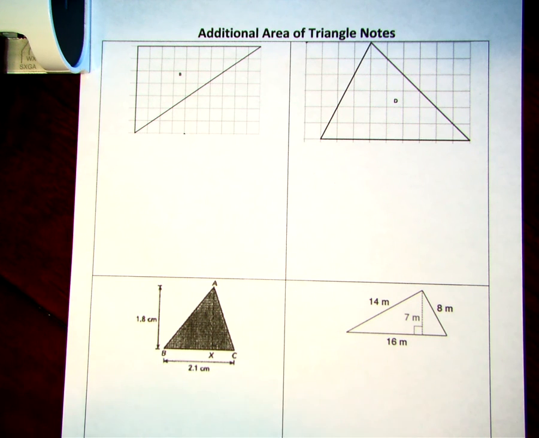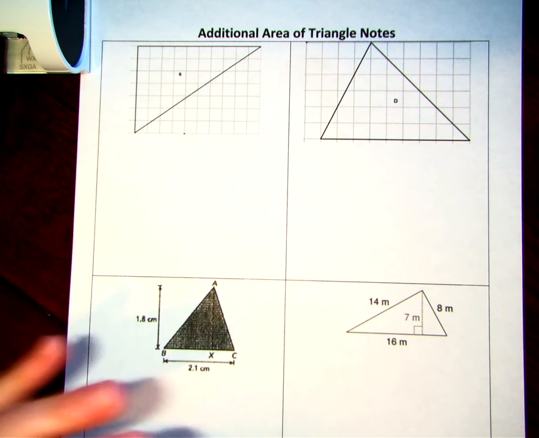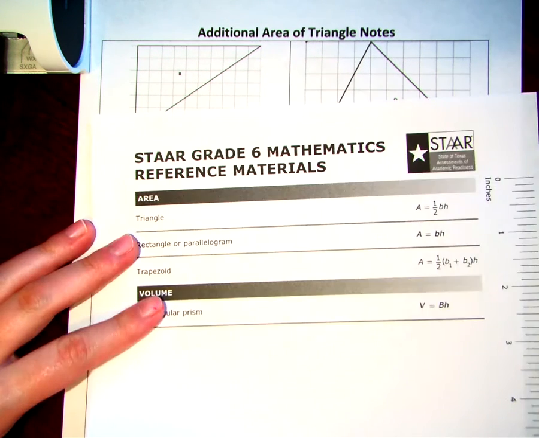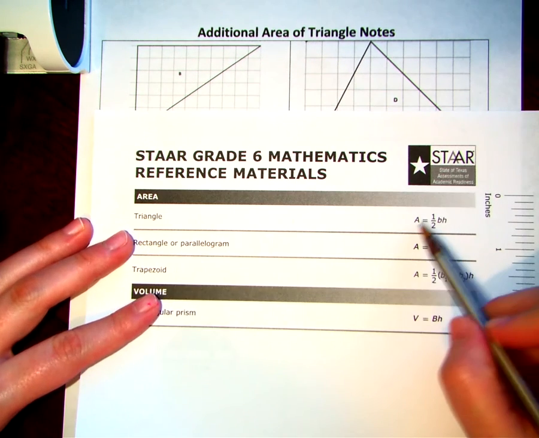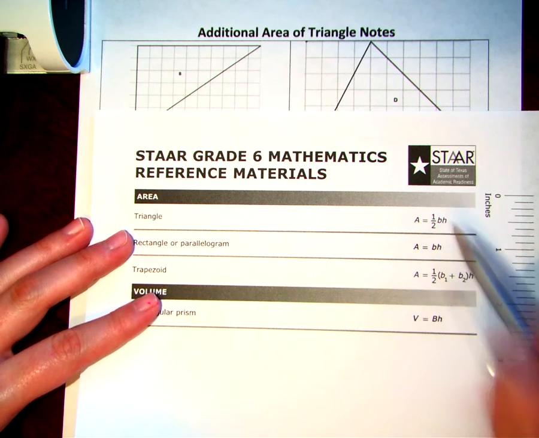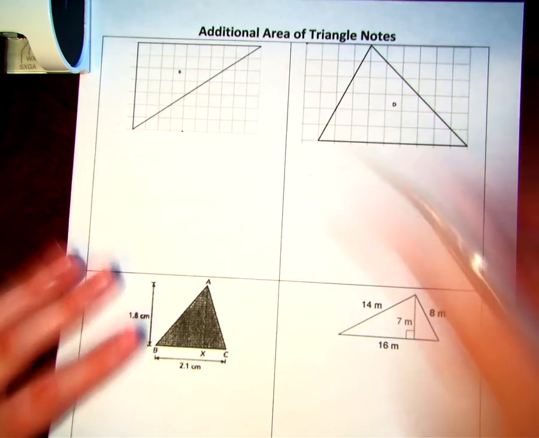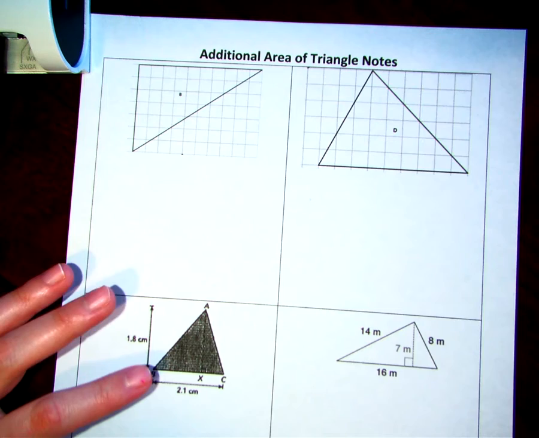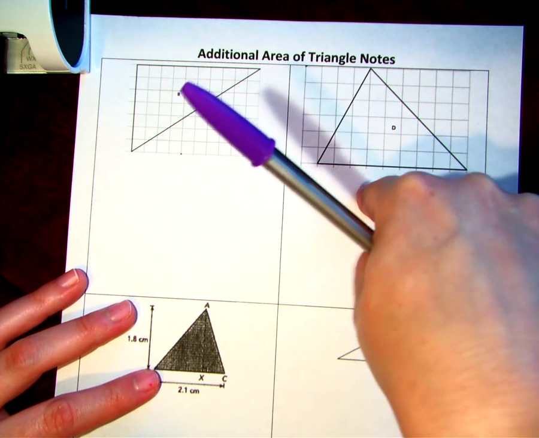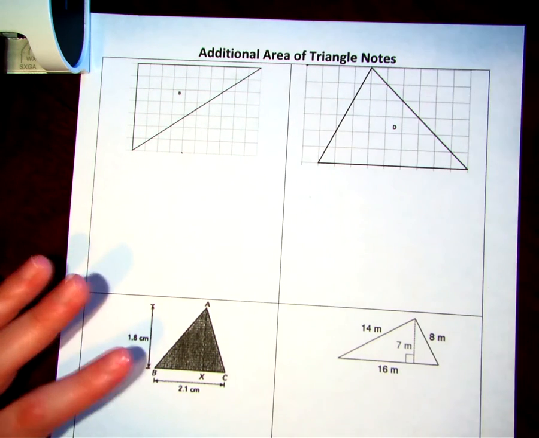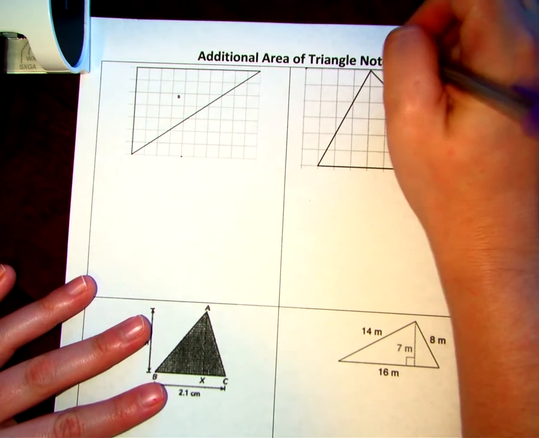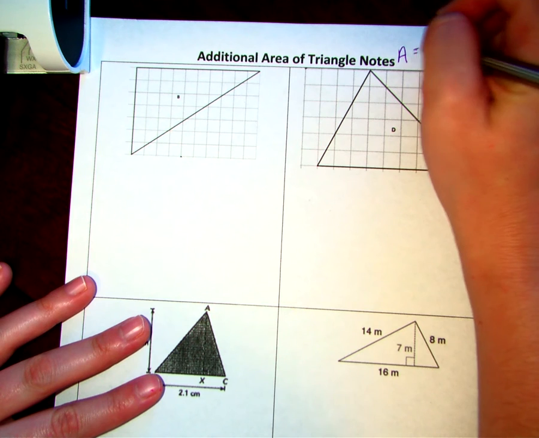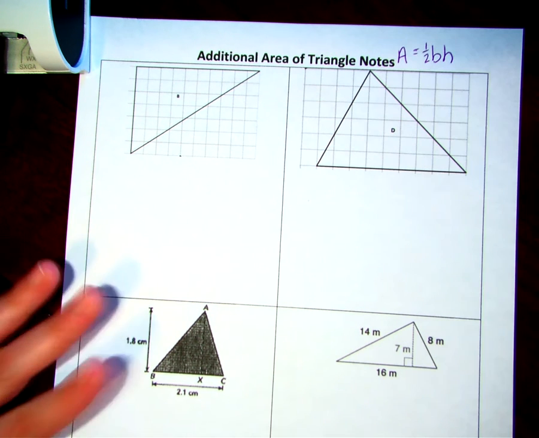All right, so the first thing that you guys are going to do is I'm going to reference my star chart. My star chart has A is equal to 1/2 base times height. So that's the formula that we're going to put. And if you want to make a copy of this or write it on your own paper, I'll post a blank version, and I'll post my version too if you want my version of the notes filled in for you. So A is equal to 1/2 base times height,